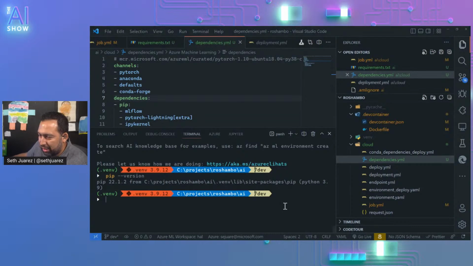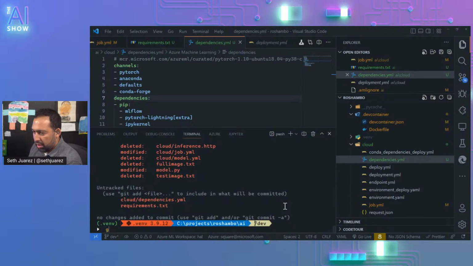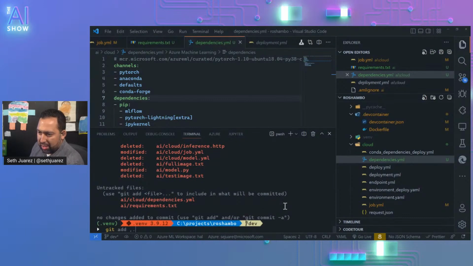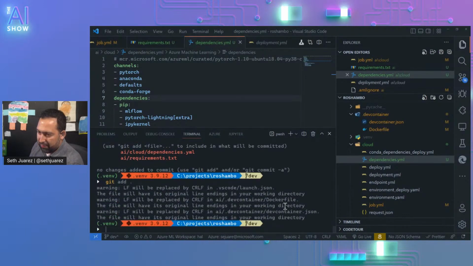I'm gonna check this in. Git status. Oh man, this is such a huge commit. cd dot, git status, git add dot, git commit minus m, reconfiguration of AI project for V2.